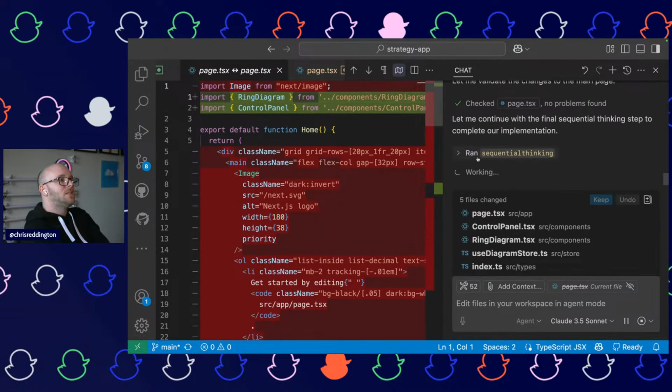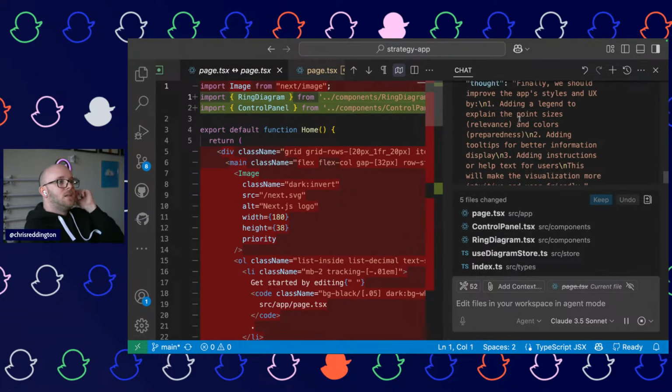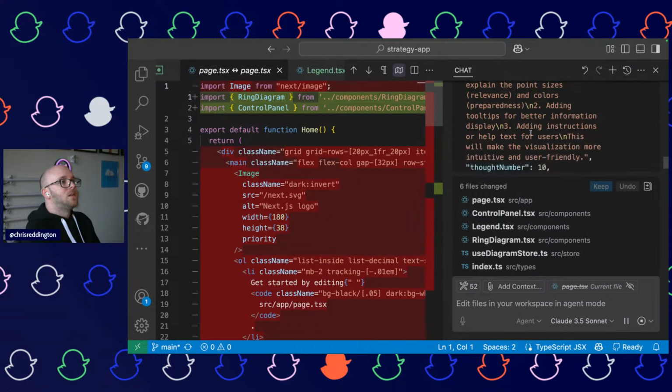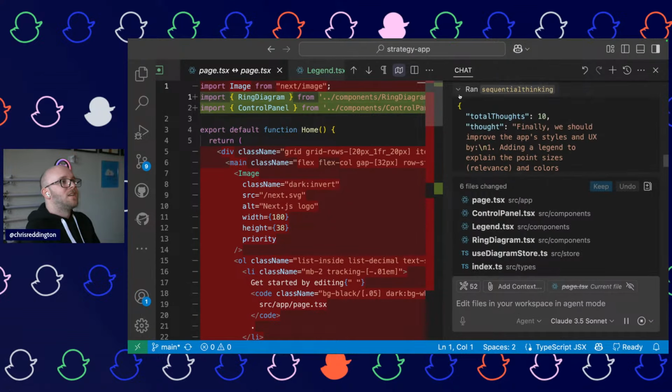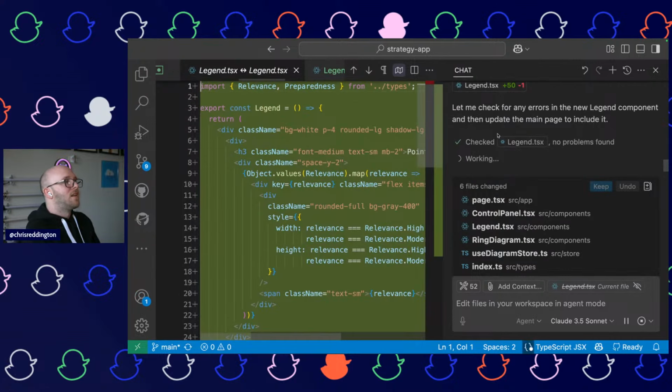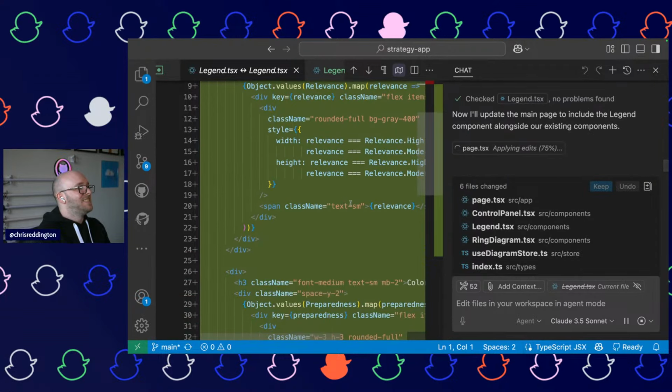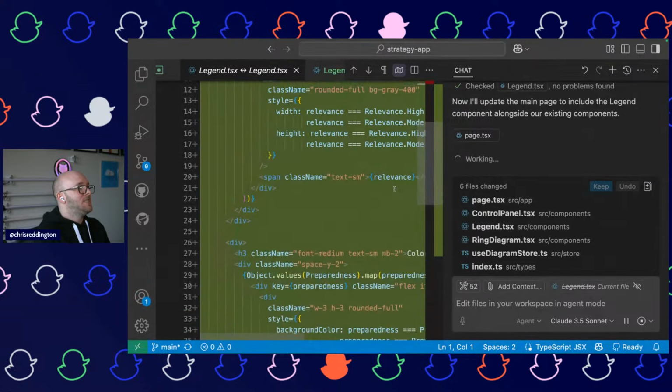Let me jump back to the sequential thinking step. Yep, so it's making a new component. Nice. That's what I was hoping for, even though it wasn't explicitly in there. Love that it's marking that dynamically. Good.